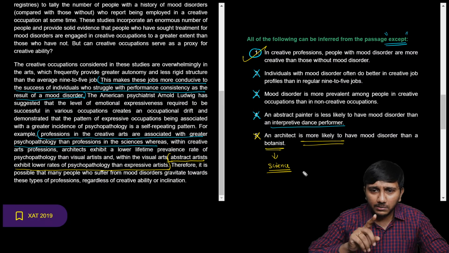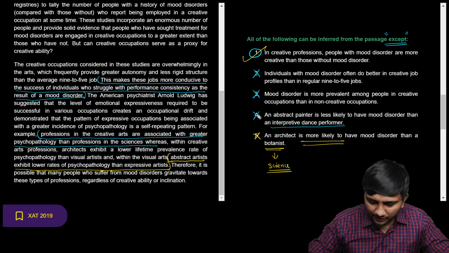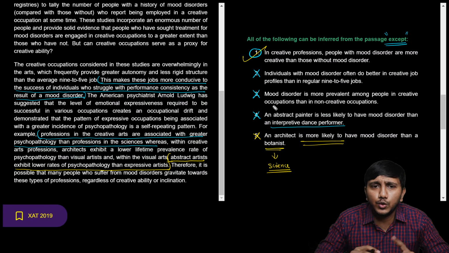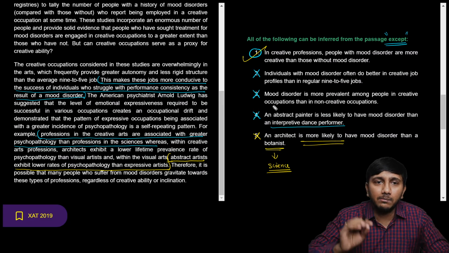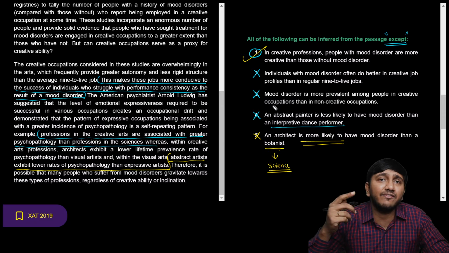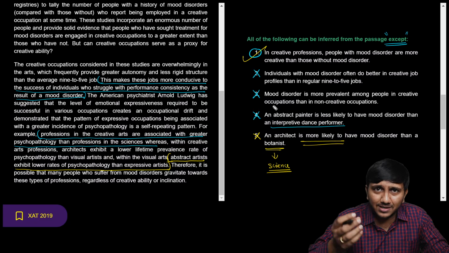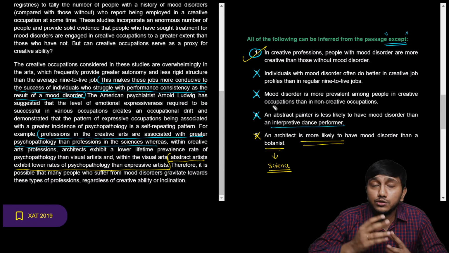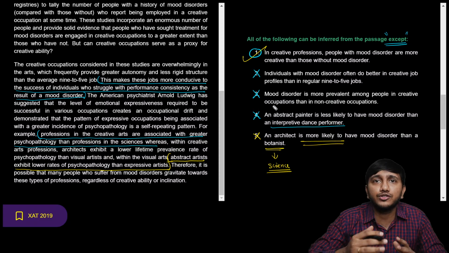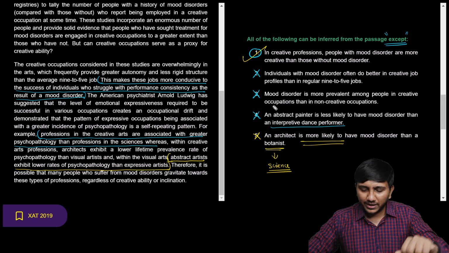Okay, someone's asking me, sir, can you explain why not 4 once? Let's look at 4. See, please do ask doubts, guys. If you are completely clear with it, I am happy. But if there is any kind of reservation that you have on the right answer, please do put across. That's the whole point of doing the live session. Otherwise, I could have just made a recording and uploaded it. The whole point of doing the live session is to make sure that if you have a problem, you can stop me and get it clarified. That could also be a doubt for a lot of other people. So don't shy away from asking me to explain something once again.